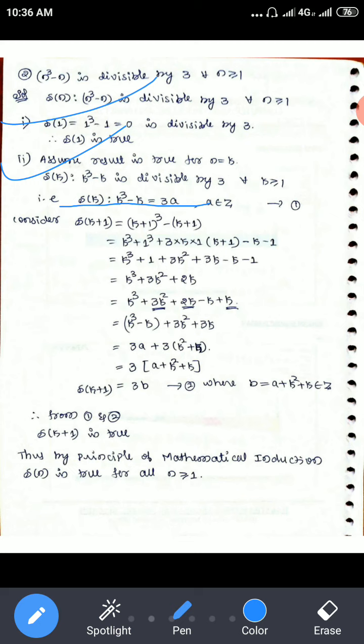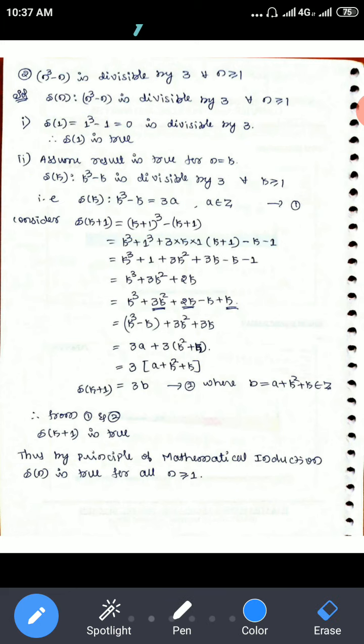Here the procedure is a bit different. Earlier, wherever n was there, I used to write k plus 1. Here I have to show that with respect to k plus 1 also, the result is divisible by 3. For that, I will take k equal to k plus 1 in the above equation. So that is (k plus 1) cube minus (k plus 1).